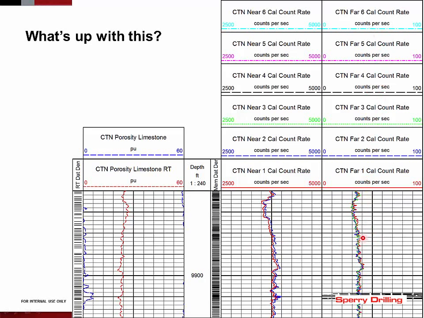Now, this is a bit of a trick question because although some of our tools do have 6 detectors in the near and 6 detectors in the far, some of them don't. In fact, the more recently produced tools only have 2 near detectors and 4 far detectors. So this is just a case of the wrong plot template being used to display the data. But that doesn't account for what we're seeing. Just because there's fewer detectors in the tool doesn't account for why the real-time and the